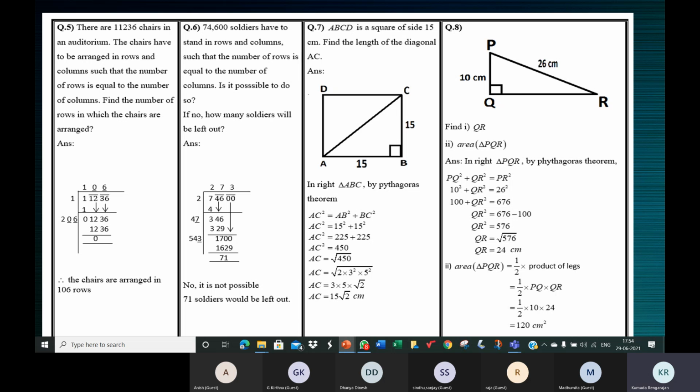So in general, we say 2m, m square minus 1 and m square plus 1 are the members of a Pythagorean triplet. Like when you don't know something, you say let something be x, let some other thing be y, let some other thing be z. So like that, in general, 2m, m square minus 1 and m square plus 1 form a Pythagorean triplet. That is, if you take them as the sides of a right triangle with m square plus 1 being the hypotenuse, the theorem will be satisfied. That is PQ square plus QR square will be equal to PR square.